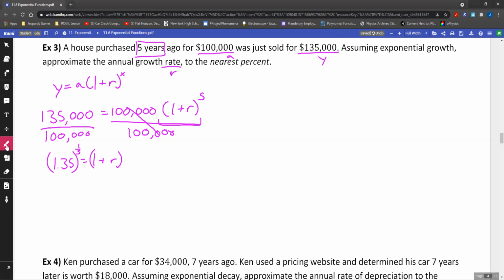In the calculator, I'm now going to put 1.35 to the 1/5 power. And this becomes 1.0618588759. I can get rid of the parentheses now that the exponent is no longer there. So I have 1 plus r. I can subtract the 1 over to the other side. And I get r equals